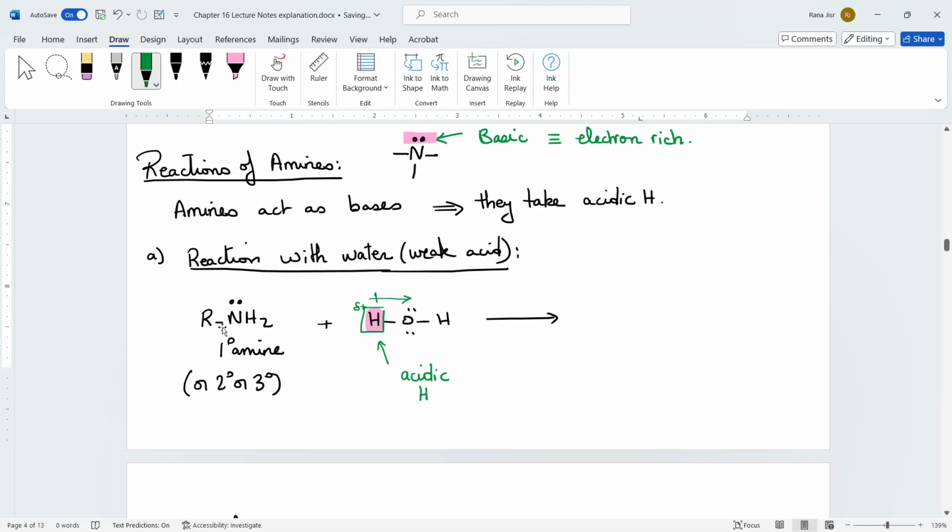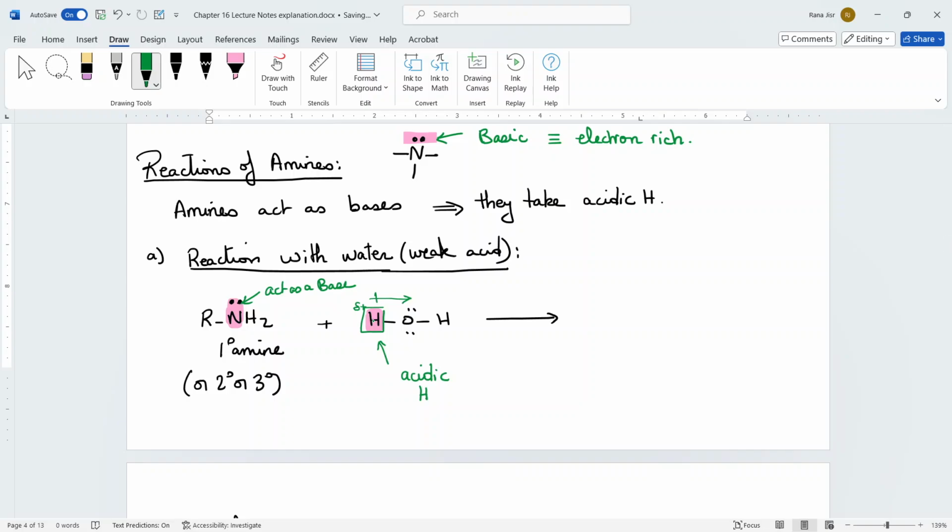Now, looking at the amine, where is the base in the amine? The base is always the part of the molecule that has the lone pair. So here the lone pairs are on the nitrogen. This is why I know that this is the basic part of the amine. So that amine, that nitrogen, is going to act as a base. And the base, by definition, uses its lone pairs to make a bond with the hydrogen. We know that every sigma bond is two electrons. So the base is going to use its electrons to make a bond with hydrogen.